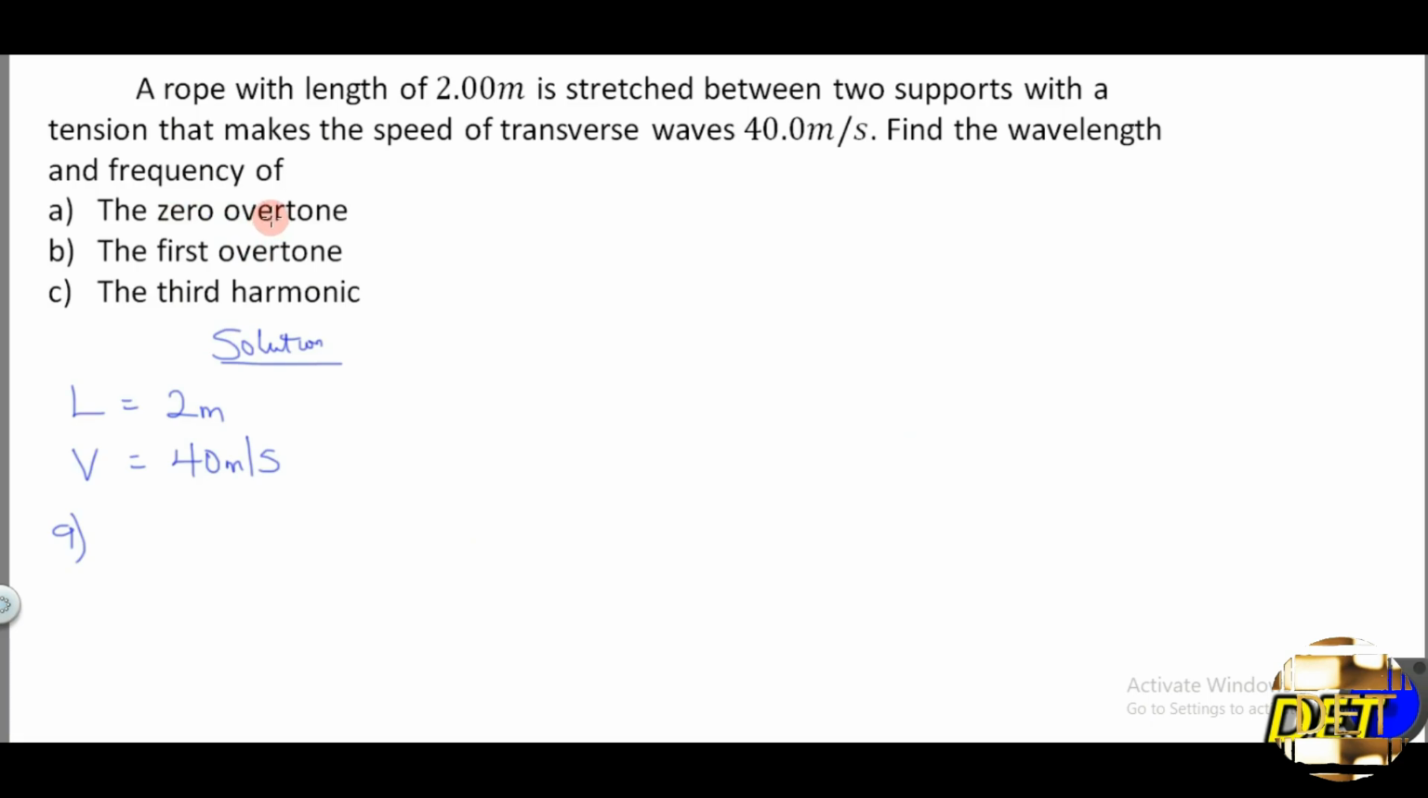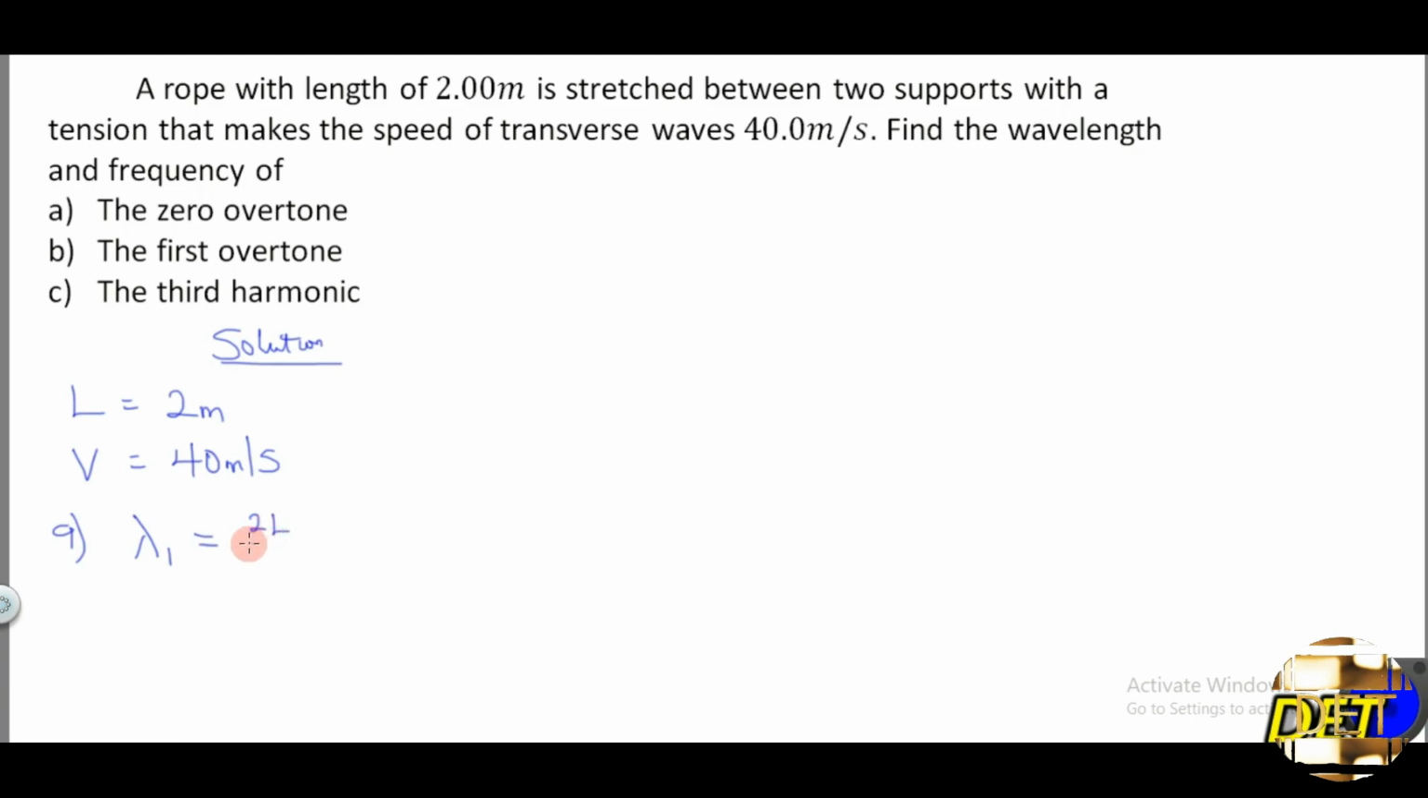Is your fundamental frequency, and it is your first harmonic, right? So we're looking for the wavelength and frequency of the zero overtone. How do we calculate the wavelength of the zero overtone? You should know that the wavelength of the zero overtone is represented as lambda 1, to tell you that it is fundamental, right? It is equal to